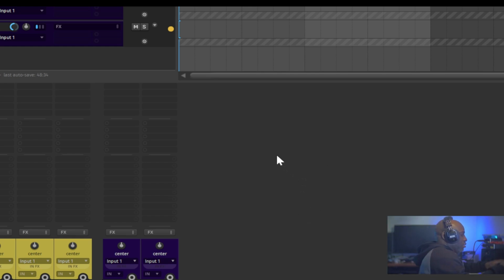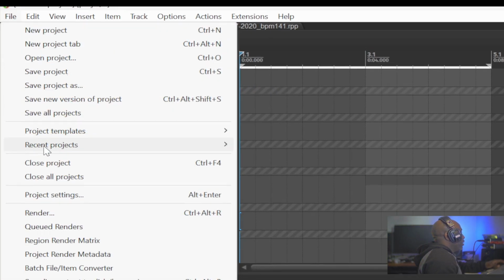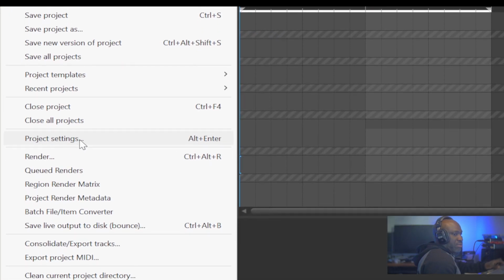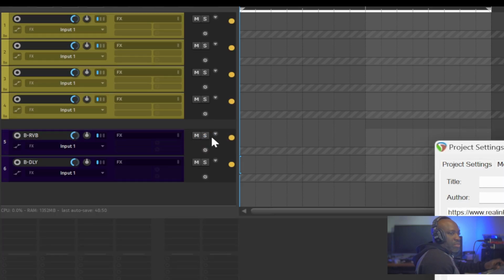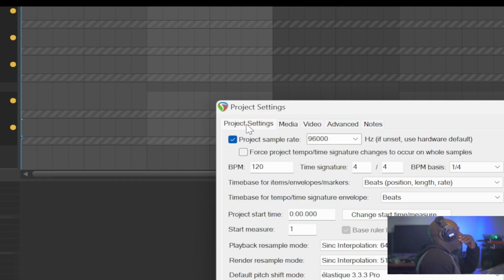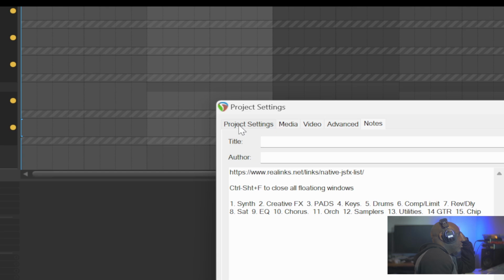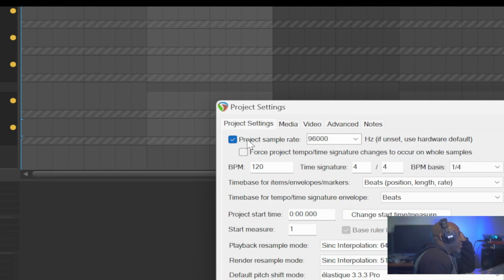So let's hit Alt Enter, or you can go File and go to Project Settings. See right here it says Alt Enter. So we can do that. Here, all the project settings that you have, we have these different tabs. First tab, we have your project settings. So whatever sample rate you have set, BPM, time signature, basically all of the settings here,